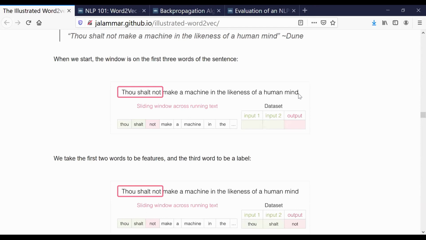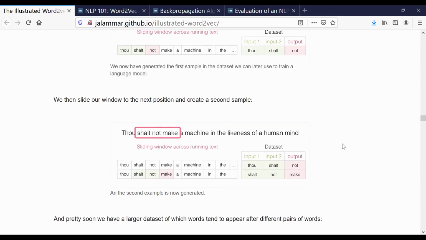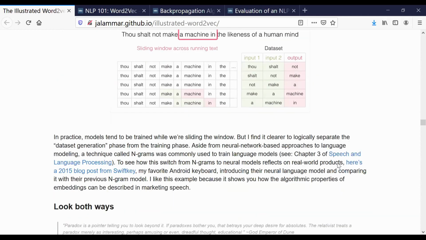So what would the CBOW approach be? To say thou and not as the input, and predict the middle one, which is shall. You can't see very well, but that's what it is. So this is thou shall not. The input would be thou and not, and they predict shall. Alternatively, if you go to skipgram,